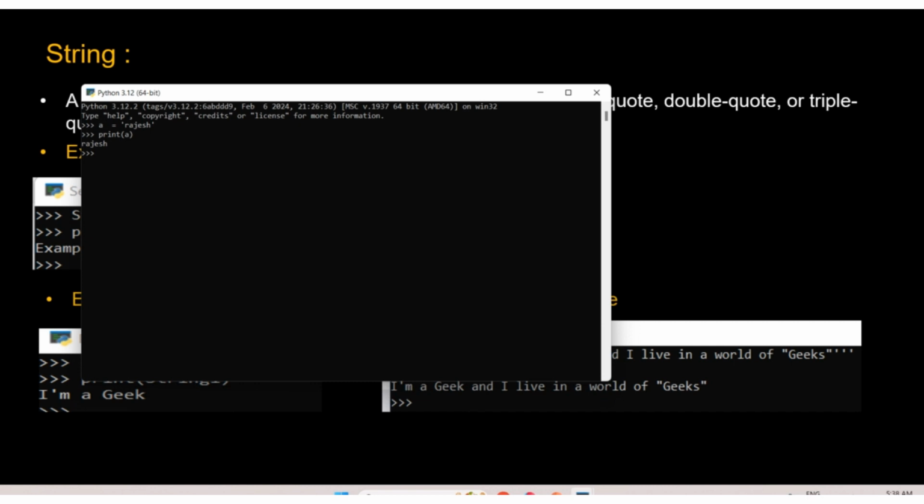Okay, this time I am taking another variable b and assigning a string value Rajesh in double quotes. I want to see this in the output. Again, I am using the print method, print of b. Python accepted double quotes. In the same way, if we check a string in triple quotes also, we will get the same output